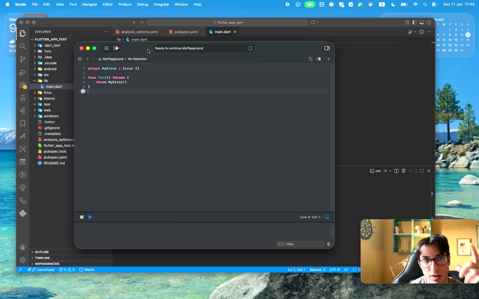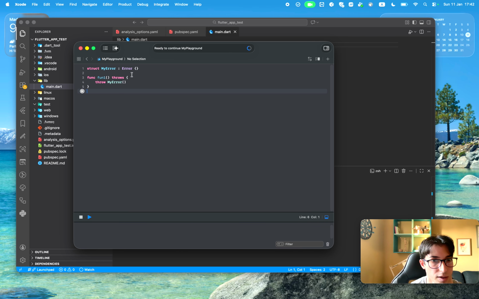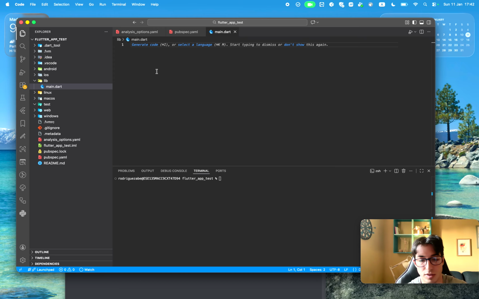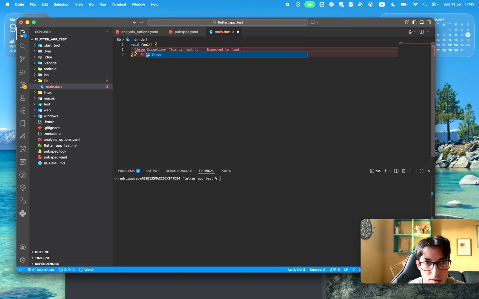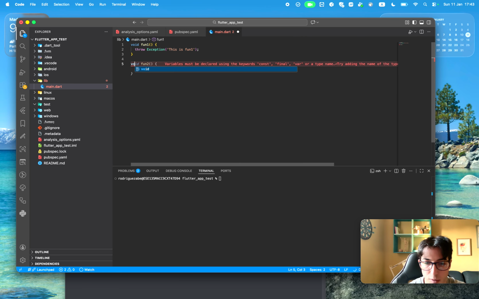So I mean, you can imagine that we don't have anything like this on the Dart side, right? We don't have it. We cannot use it on Flutter or anything because Dart doesn't support anything like this, just for somehow documenting exceptions. So if we want to try the same here, you will see that we have a function fun1, then we can throw whatever exception we want, this one, and that's it, right? Nothing happens. So if we are gonna use that function in another function, let's say that we have function2,